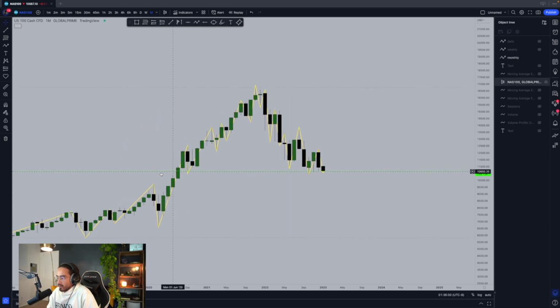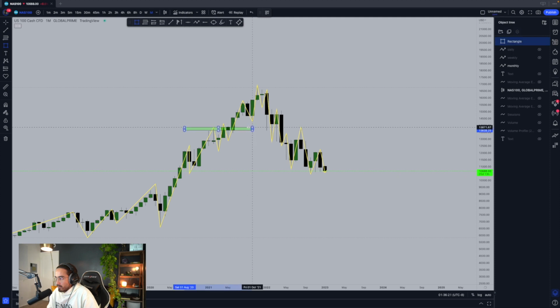As you can see, we were forming higher highs and higher lows, and then we broke the higher low here and started creating a downtrend, creating lower lows and lower highs. All right, so when I first look at this chart, it's not perfect, but I'm seeing a level of resistance here, and then there's a support here. So I can kind of bring that down here, and you can see that